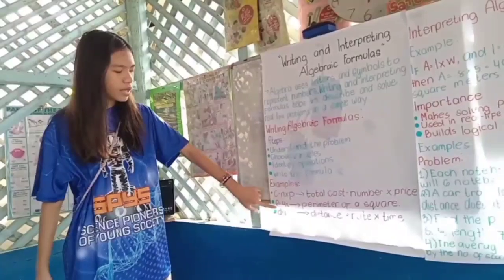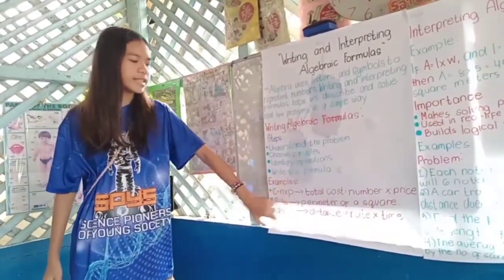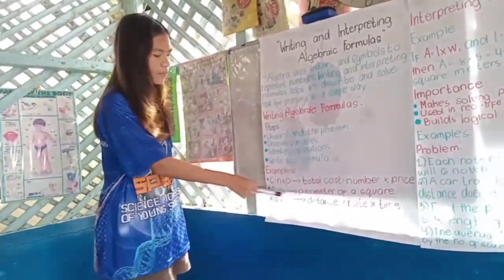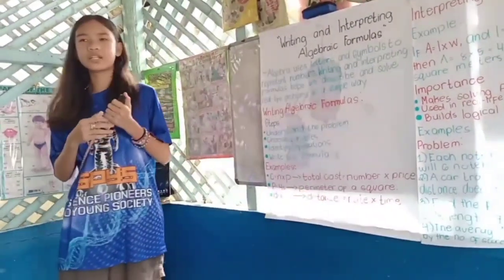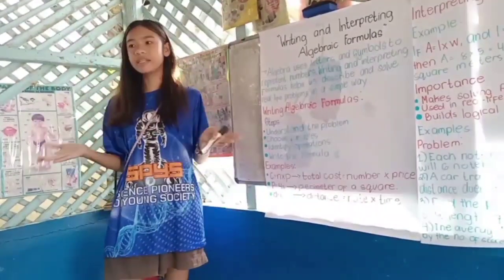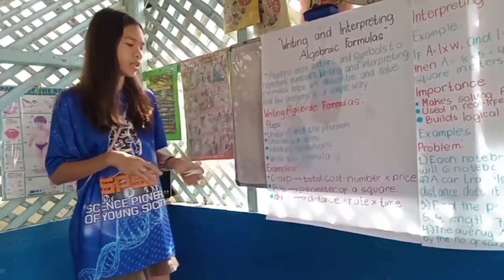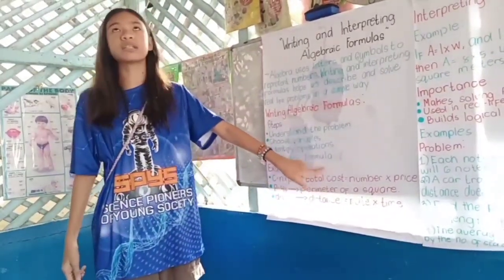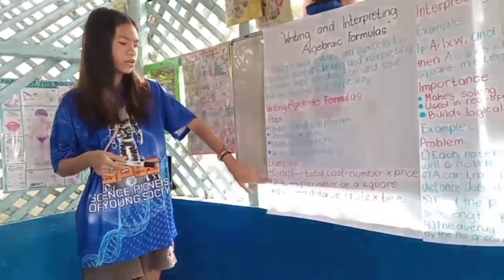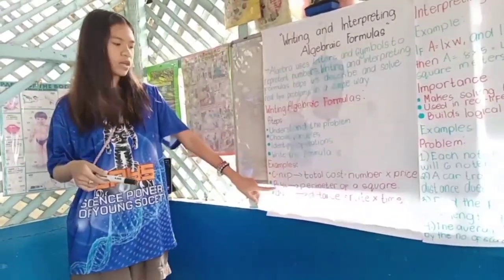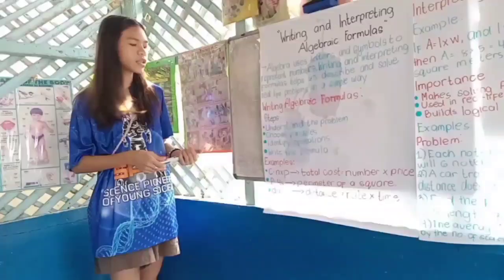Then this one, P equals 4S. P stands for the perimeter of a square. We all know that a square has 4 sides, and they are all equal. So 4S is what we use. For example, the side of a square is 8. So 4 times 8 is equal to 32. Therefore, the perimeter of the square